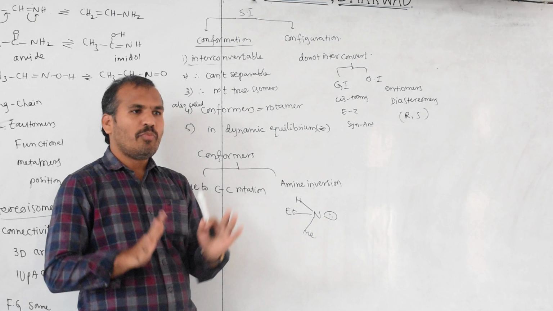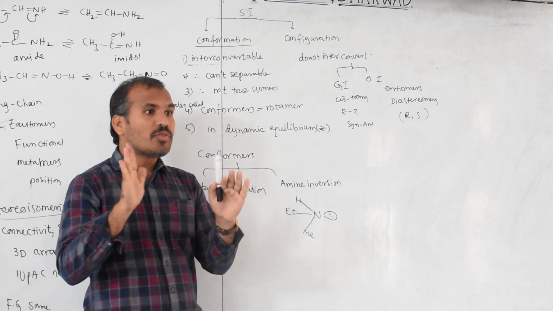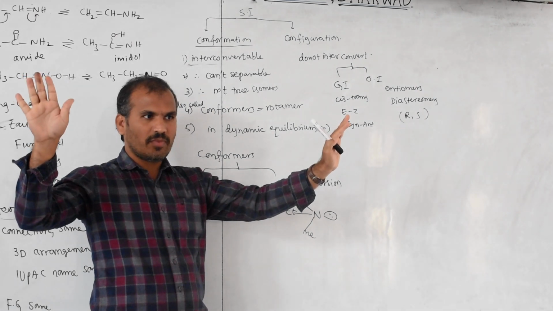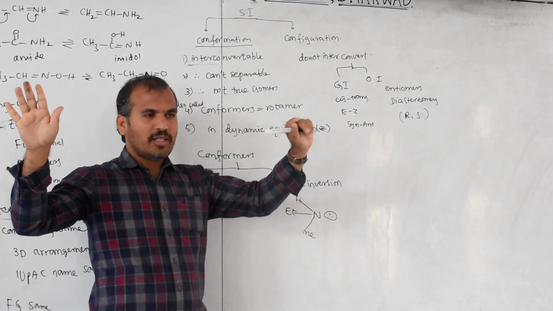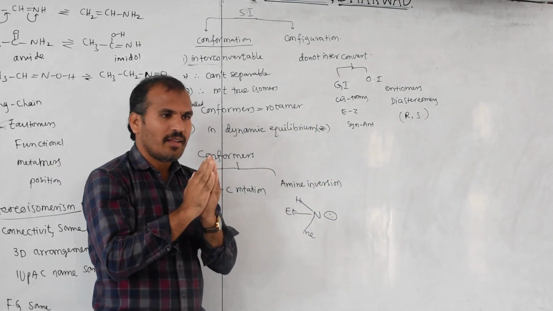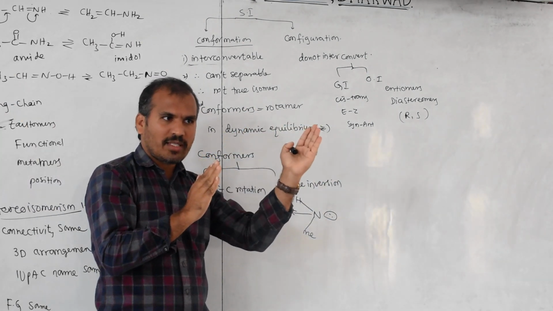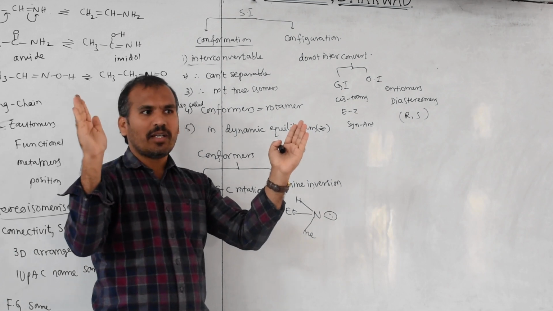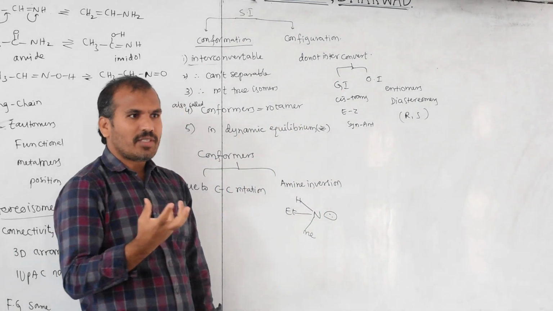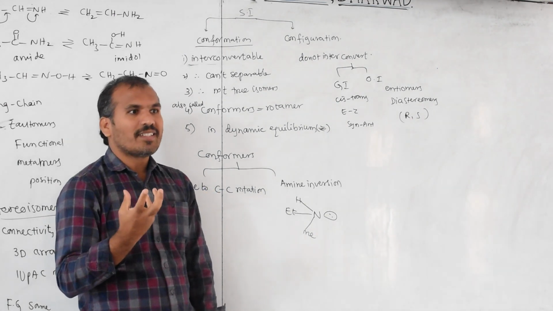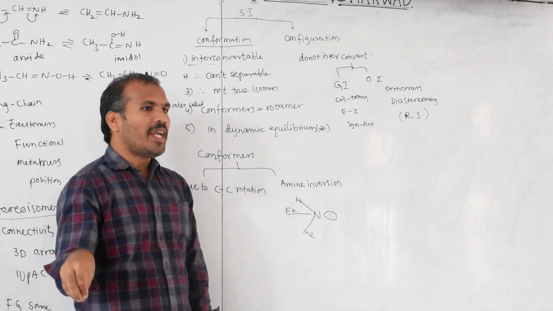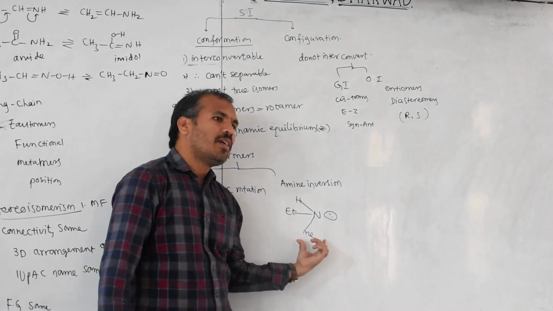What is an enantiomer? Mirror images of each other, but not superimposable. This is the D component, this is L: dextro, levo. Each separately is optically active. Together, if one rotates right by plus 10 degrees and the other rotates minus 10 degrees, together it is 0. Together 0 is called a racemic mixture, 50% and 50%. So a racemic mixture is optically inactive. This is also optically inactive.